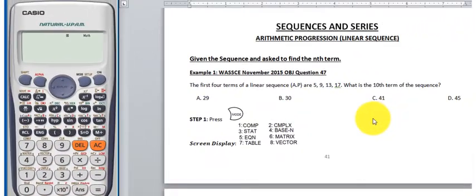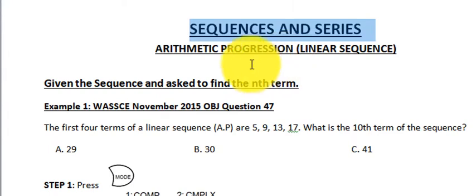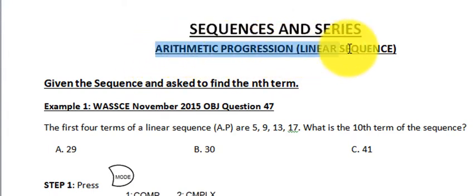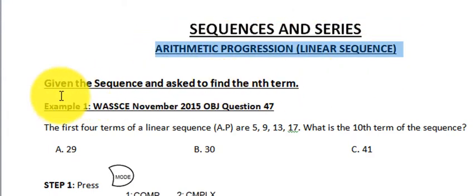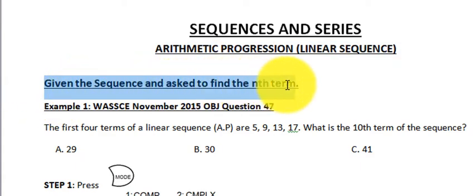Hello, welcome to another tutorial, and today we're going to look at sequences and series. Specifically, we will look at arithmetic progression or the linear sequence, that is an AP. Now you look at a condition where you've been given a sequence and you're asked to find the nth term. For example, you could be asked to find the 9th term, the 12th term, the 14th term, the 15th term,